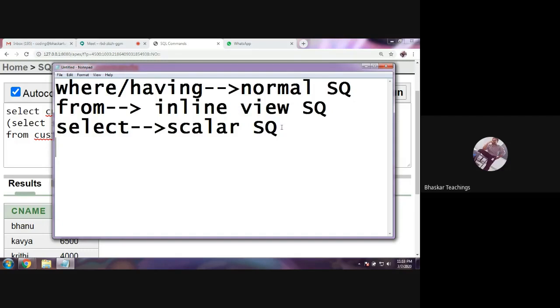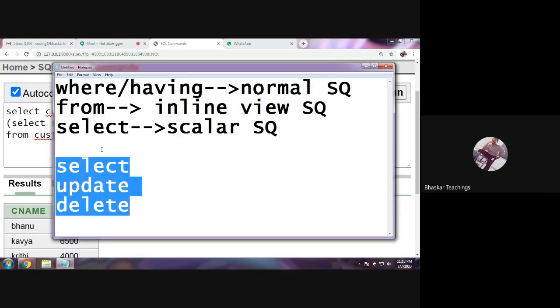The next topic is, what are the operations made by a subquery? So we have seen the select operation, select operation using a subquery. All the examples we have seen so far are just select operations, right? Data retrieval using a subquery. Now, is only data retrieval possible, or are any other operations possible? Yes, update and deletion operations are also possible by a subquery. Yes, update and delete. So these are the three operations that are possible by a subquery.